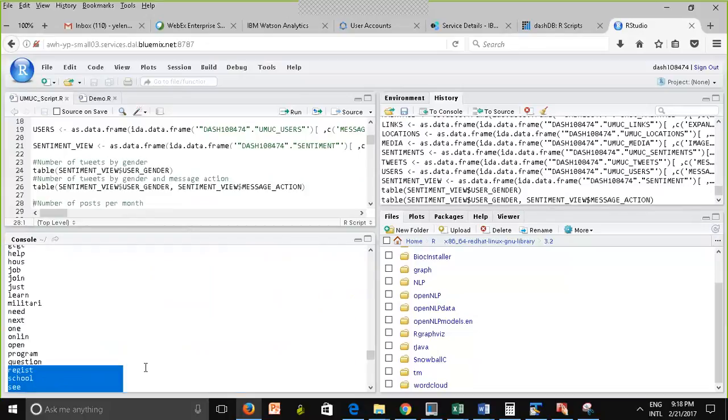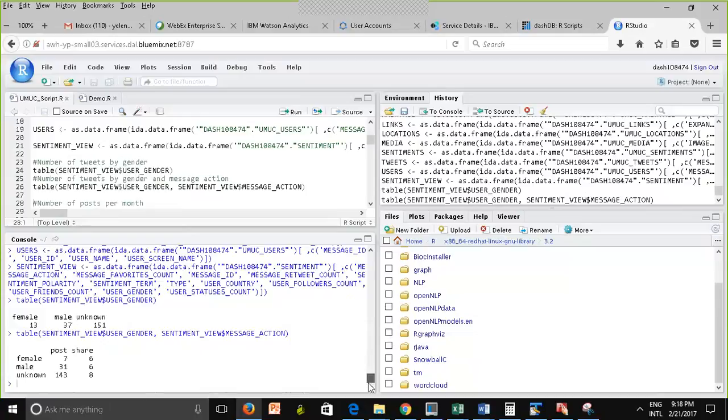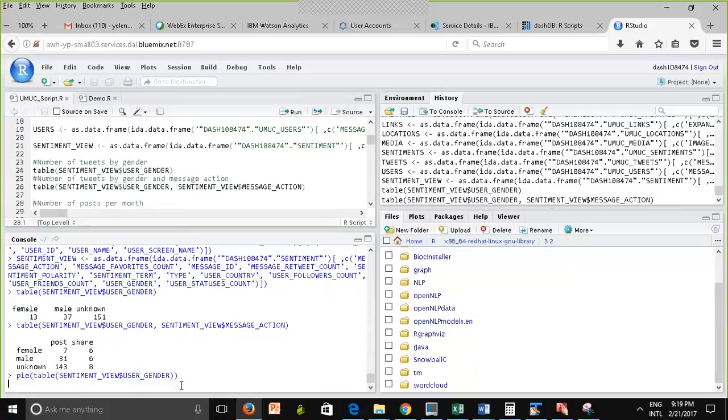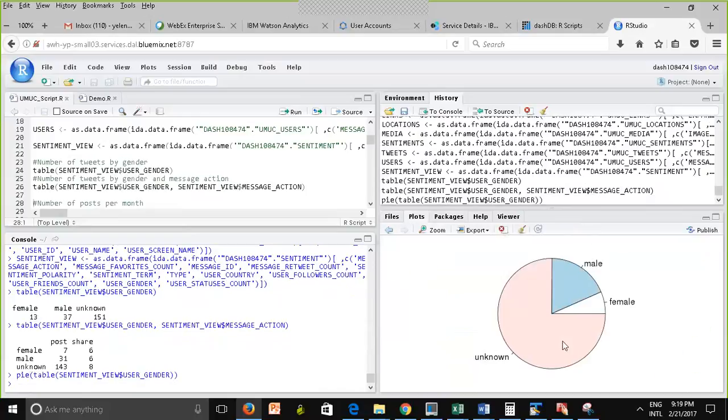And also, do you remember that if you do the pie chart, they take this table as an input, right? So what I could do is, remember you can use the up and down arrows to rerun the command that you ran recently. So I can put it as an input, and I can have my nice pie chart. Here it is, right? So this interface is similar to RStudio that you used last week, right?